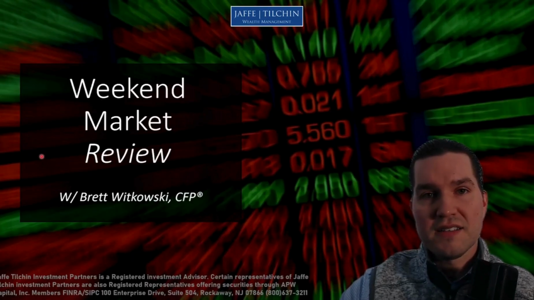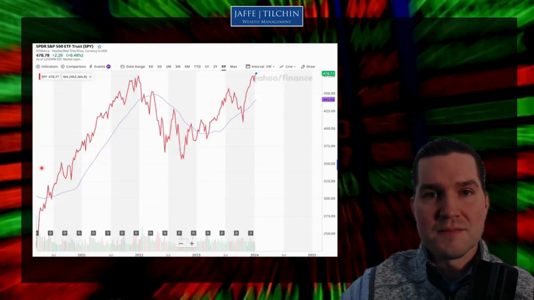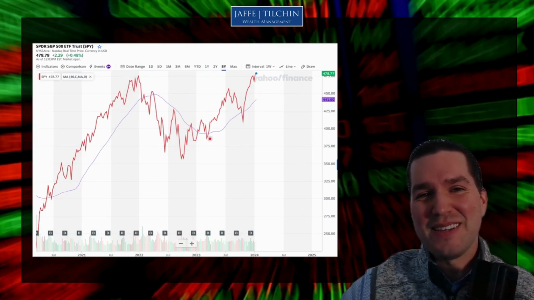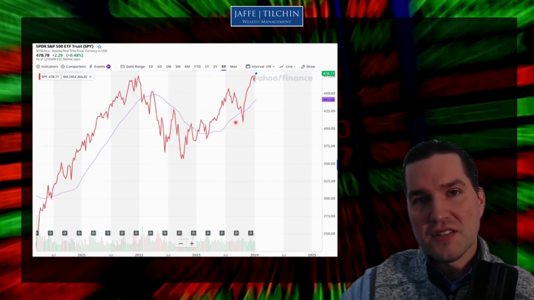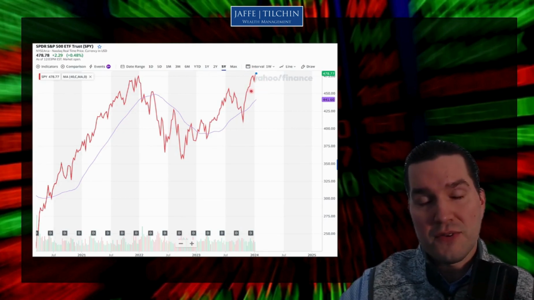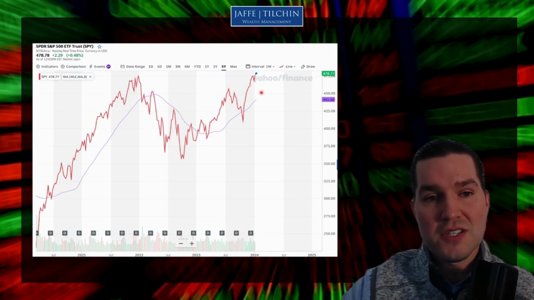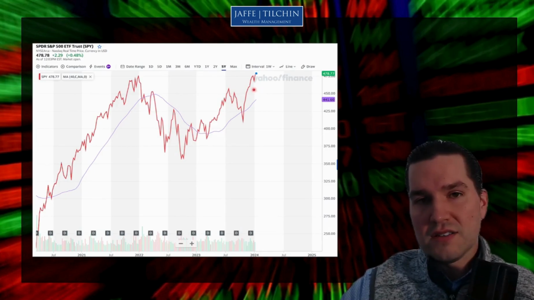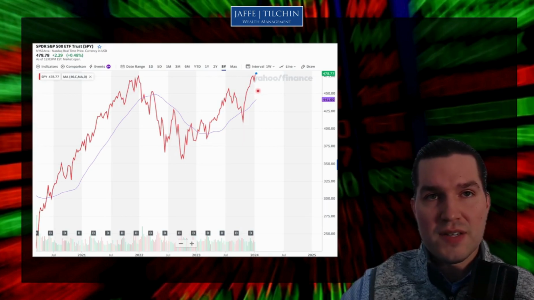Okay, let's talk seasonality and the stock market. First, we're going to take a look at the market here as we've been looking at it for a little over a year now. Red line is S&P 500. Purple line here is its 200-day moving average. As of right now, we are on all-time high watch. And if we close where we are today, right now, this is Friday at noon, 12:30 pretty much, it'll be a new all-time closing high for the S&P 500.